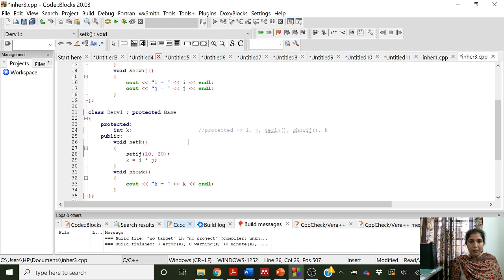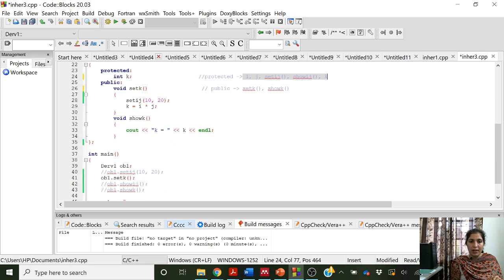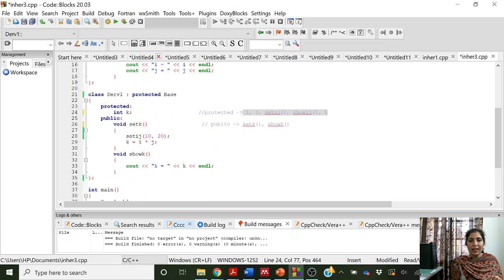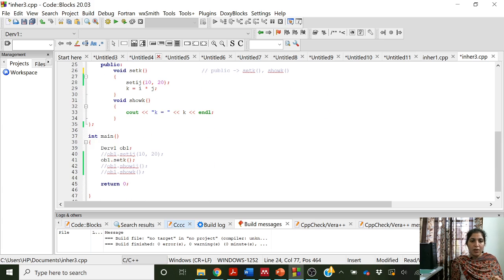And what are the public members of this class? The public members of this class are set k and show k. So all these members i, j, set ij, show ij and k are accessible only inside this class, they are not accessible outside. That is why this statement was giving us an error, while set k and show k are public members, accessible outside the class.